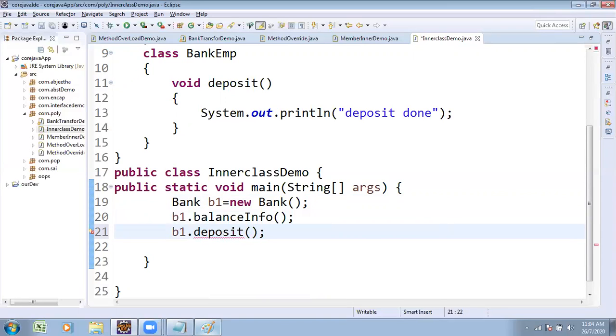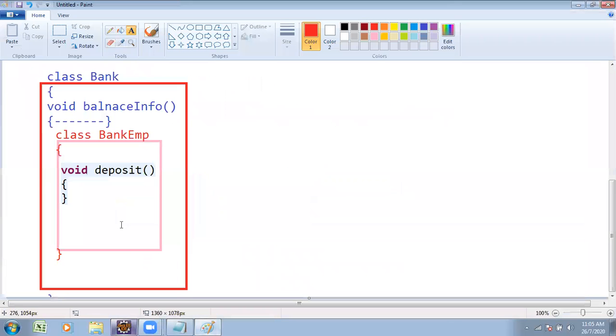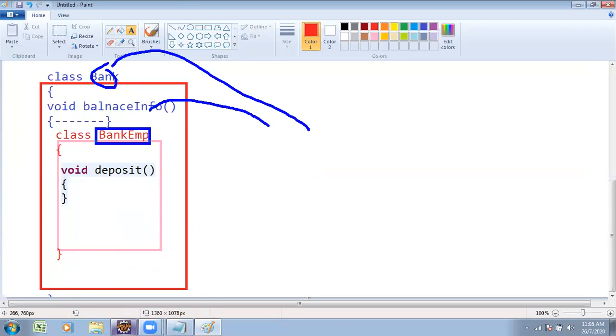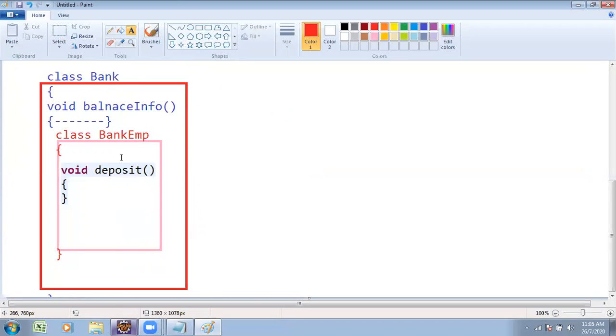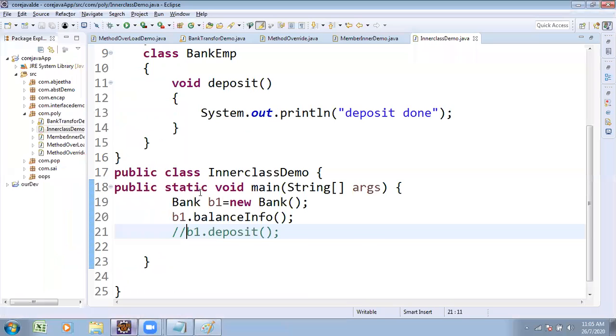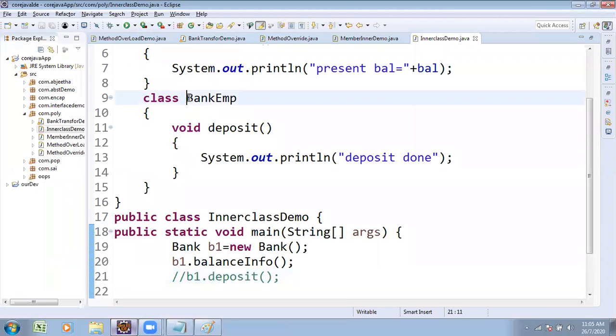If it were possible, nothing would be secure. You are not going to the bank, not inserting any single ATM card, and without inserting you are updating the balance. So there is no chance. Sir, suppose I am unable to do this. The customer is unable to do this transaction, but the employee can. Previously, I created an object for Bank, retrieving the methods of Bank. Now I try to create the object for BankEmployee.